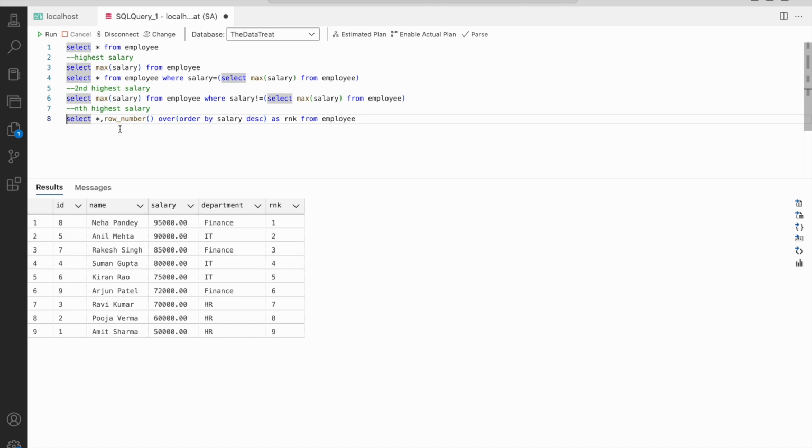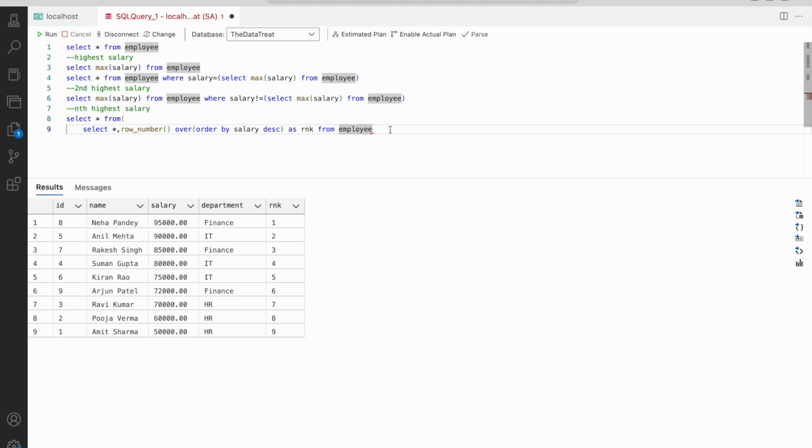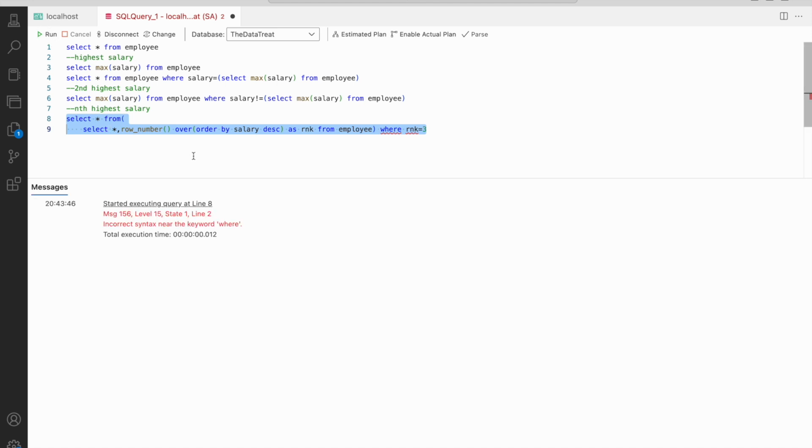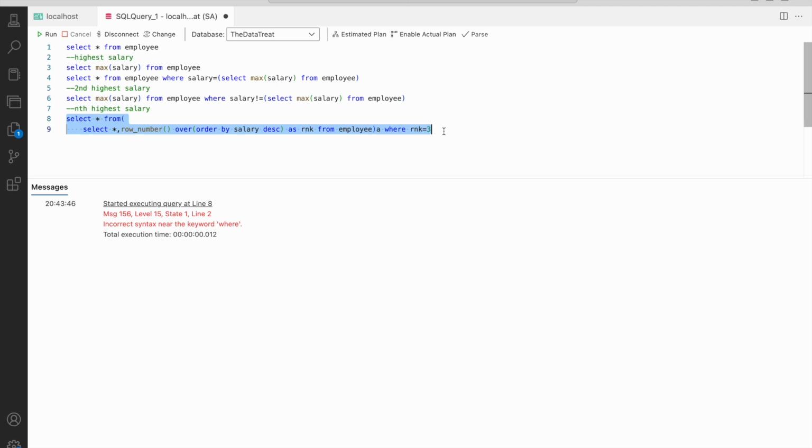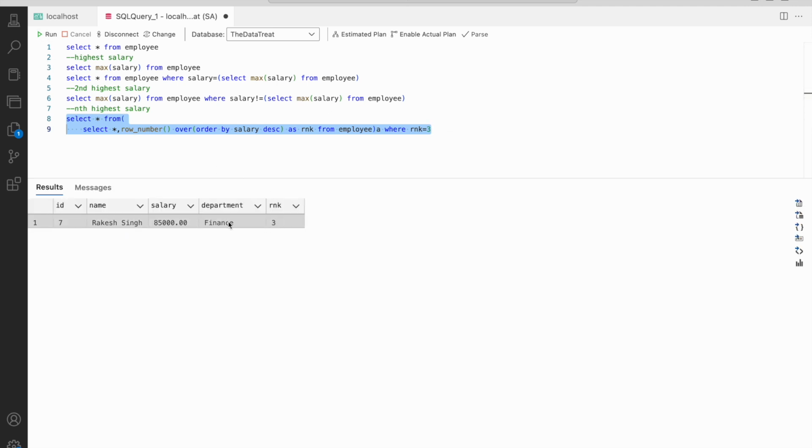So what we'll do now, we'll say select from this where RNK, let's say you want to find out third highest salary, so we'll just run this one. Correct syntax. Okay, I think I need to give an aliasing for this as well. Yeah, so you see, this is the third rank and this guy has 85,000 salary,